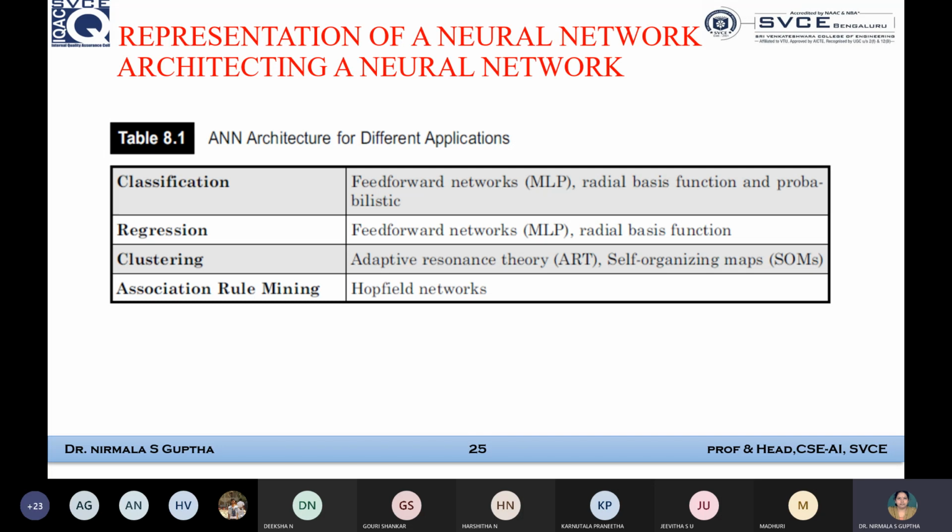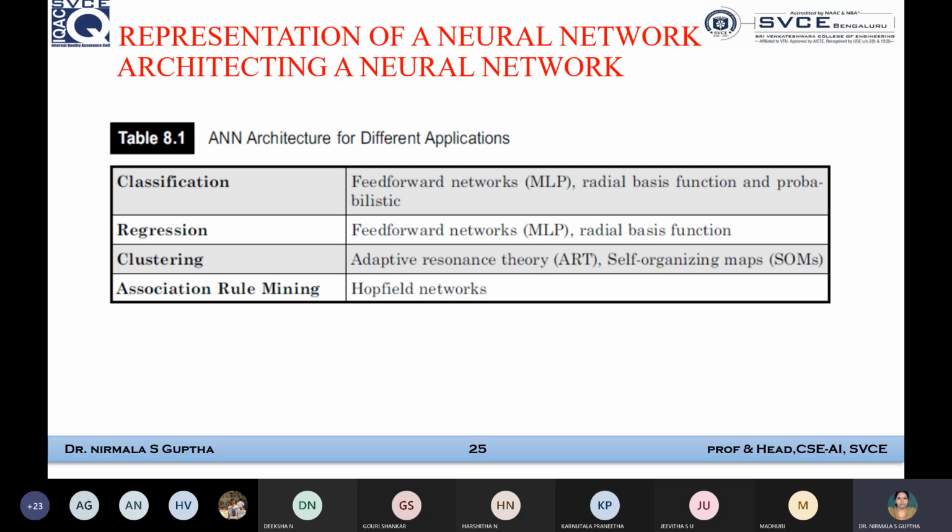That is obviously required because we need to have the input. So gather the input means gather the resources, that is, gather data. Then after gathering the data, we need to divide this gathered data into training data and the test data. So we need to classify that. After classification, the training data requires to be further divided into training data and validation data. So this is the first step to be followed.